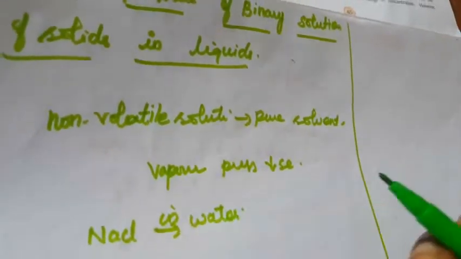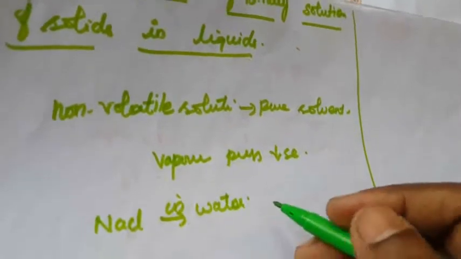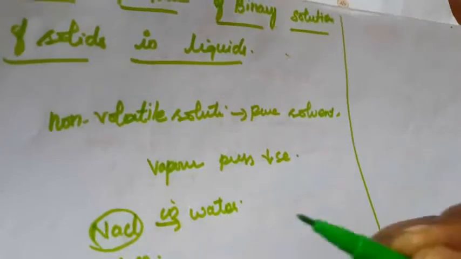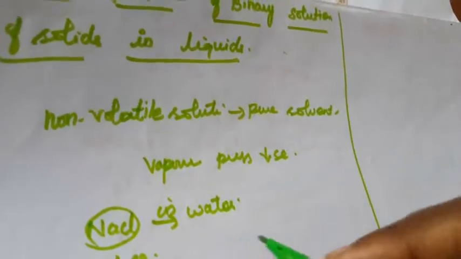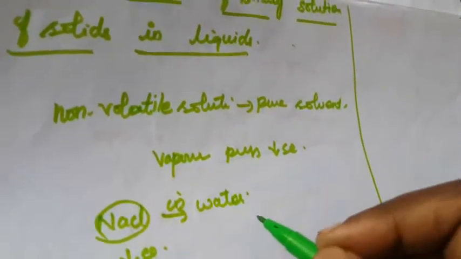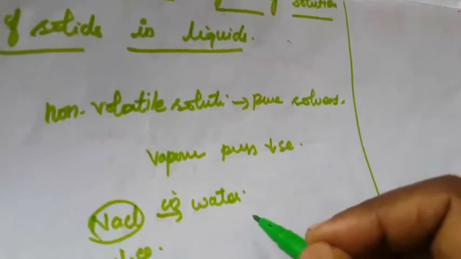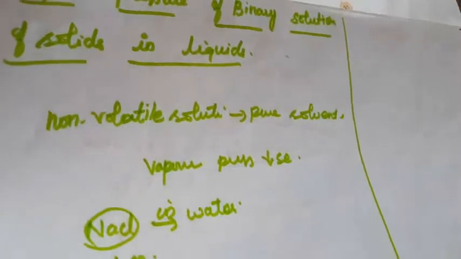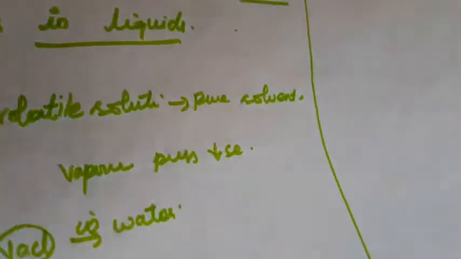Sodium chloride, water add பண்றோம். The vapor pressure of the salt solution is lower. So sodium chloride உடைய vapor pressure வந்து decrease ஆகுது. The vapor pressure of the solution is determined by the number of molecules of the solvent present on the surface at any time and is proportional to the mole fraction of the solvent. So that is the reason they have given one example here.